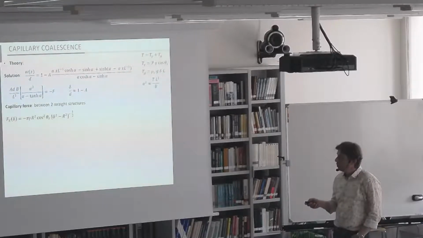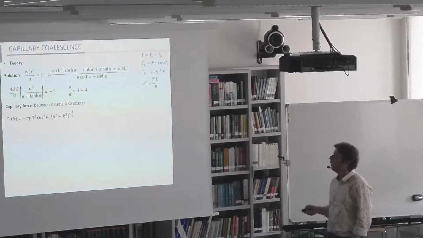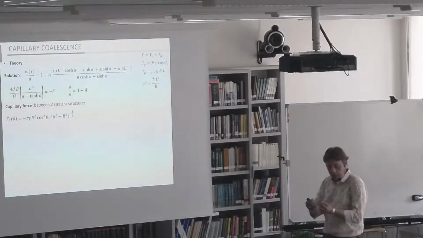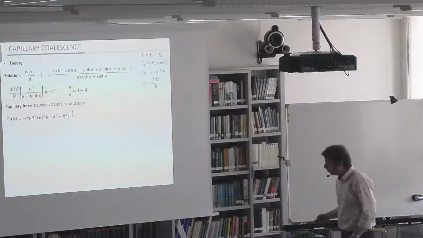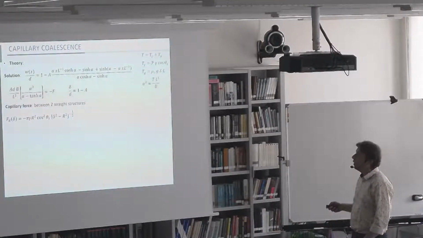And this is known. This is the force for two rods, which is written here. So you see that the length scale that appears here is the radius of the rod. So this is two identical rods, and delta is the distance between the two rods. And you see that when the distance is large compared to the radius, this force varies like 1 over the